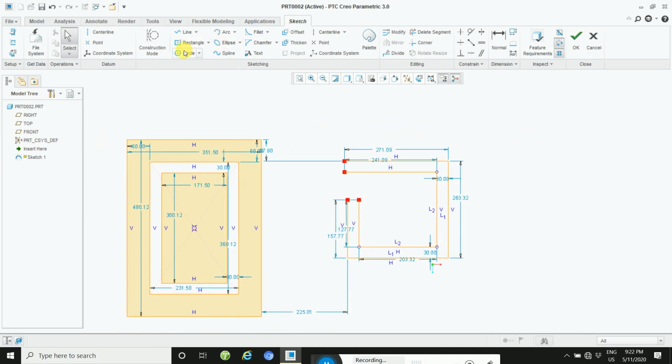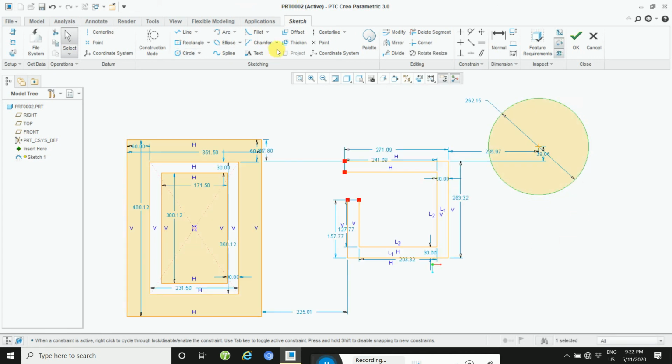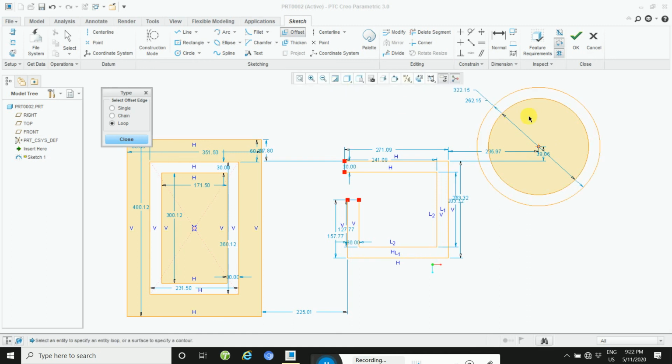If you draw a circle and then apply the offset command, close it and then select this loop and apply 30. This way you apply the offset command in this manner. Single, chain and loop. This is the complete offset command.